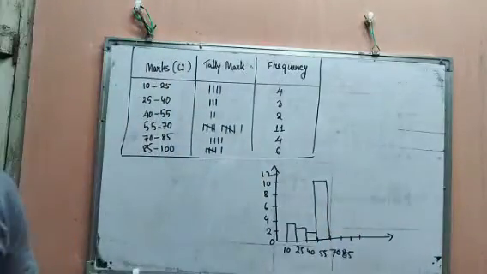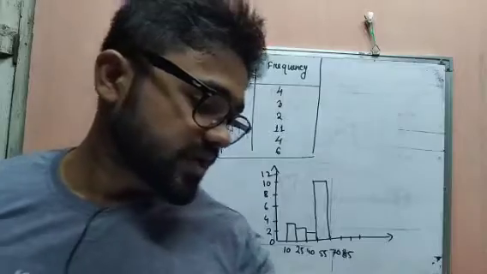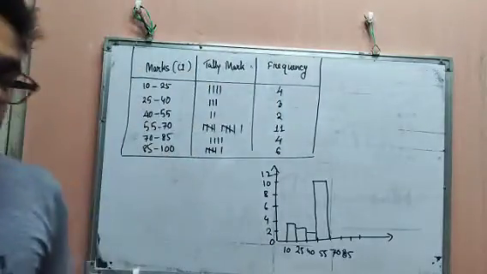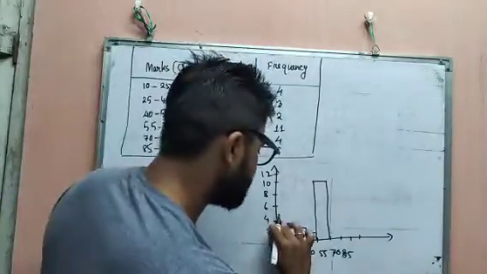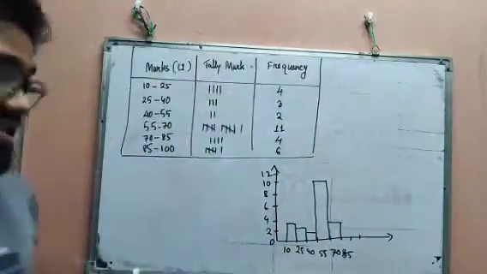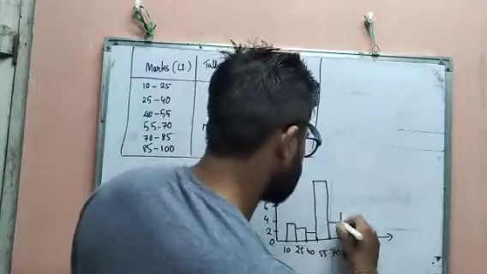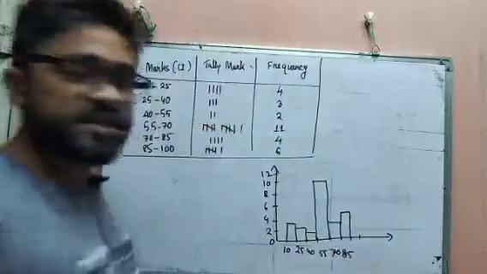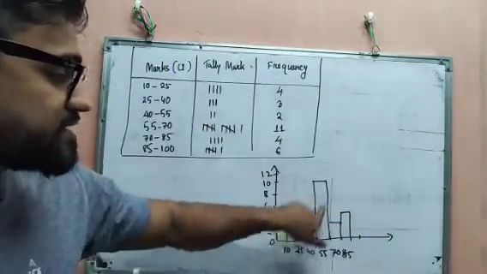Okay. And the next one we have is up to what? This is about 4. Against 4, you have to draw the graph like that. Then another one we have is 6, which is against 6. You have to draw this like that. You can clearly see that there is no gap between these rectangles.